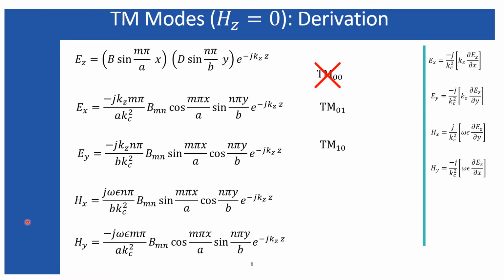It can be TM01 or TM10 as a fundamental mode, but if you consider either of m or n equal to 0, you can find that any one or all of these electric and magnetic fields go to 0, because m exists in addition here, in the argument of cos and sine, m exists outside of this cos and sine over here. Similarly, n also exists over here. So either of n or m equal to 0 makes all these fields 0.